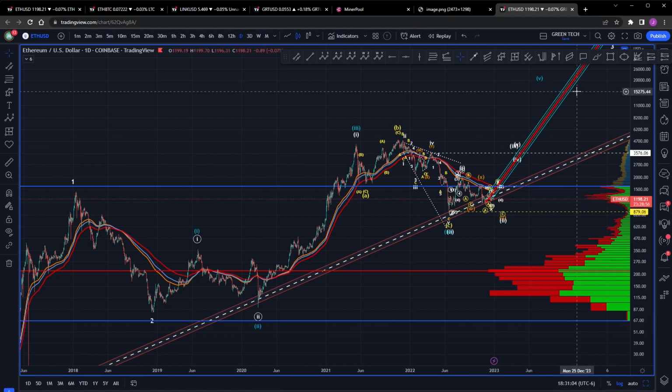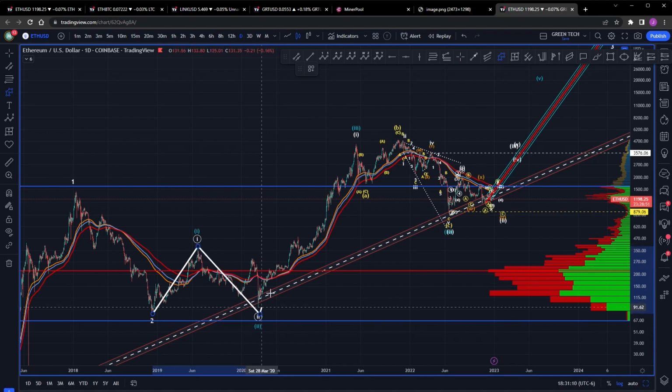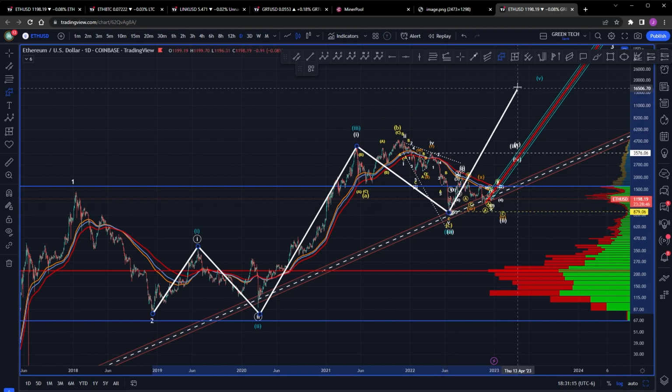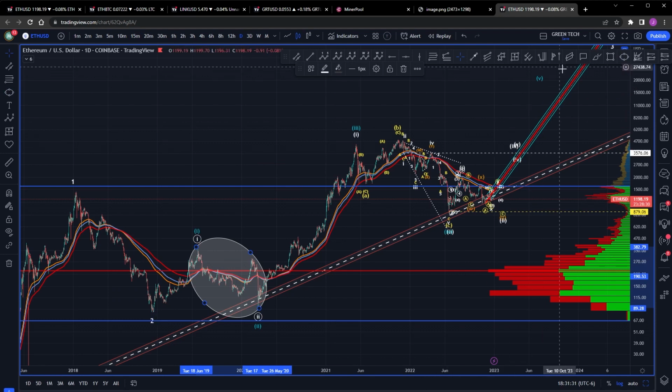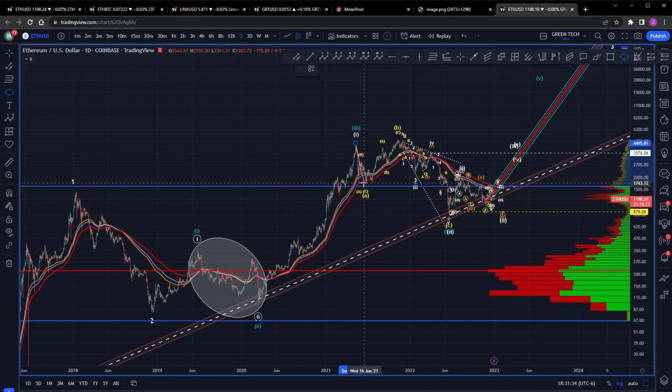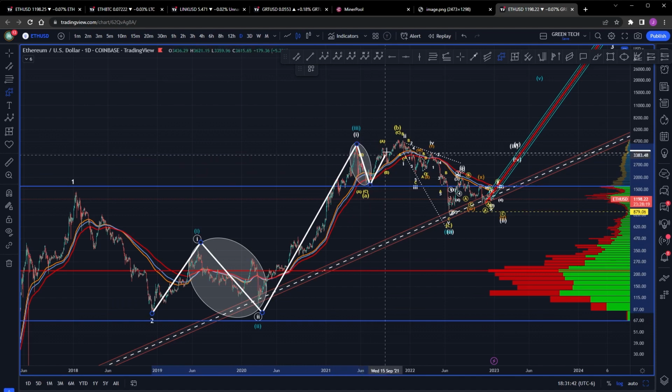So, to recap my ideas, the question that we're now being faced with is: it's 1, 2, 3, and then we went into a flat for a 4, and we still have a fifth to come. It's very possible, in my opinion. ETH has showed strength, way more so than Bitcoin. I do not believe that this entire wave 2 here equals this as being a wave 4 and this being a fifth. So this idea here, 1, 2, 3, 4, 5.